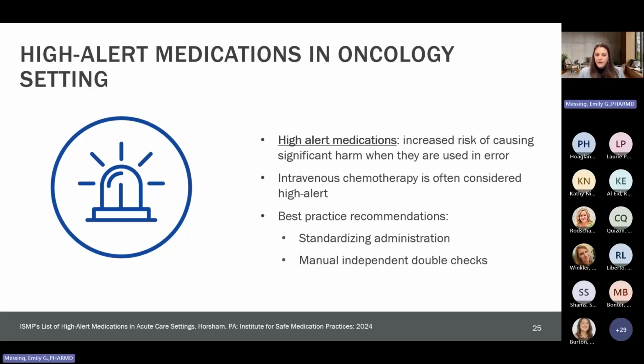So, very high level, being able to standardize administration, which the IV Smart Pump Library is a very powerful tool for, is one. Another common best practice recommendation is ensuring that there's a manual independent double check of administration. But I'm going to go into a little bit more detail of what that looks like for us